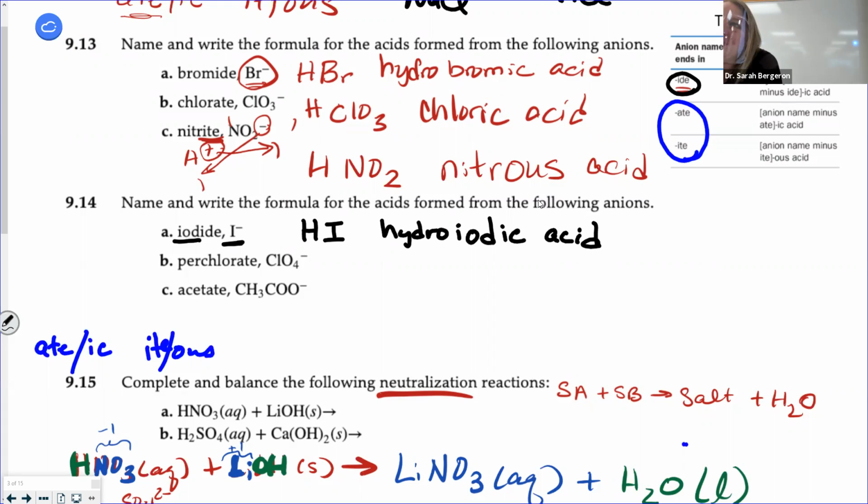All right, perchlorate. Am I going to find that on the periodic table? Oh no, so I got to go to my polyatomic ion table, right? In order to find it. So perchlorate, I'm always going to put it with hydrogen. How many hydrogens am I going to put my perchlorate ion with? It all depends on its charge. I want to make a neutral compound. So how many hydrogens do I need to make a neutral compound if hydrogen has a charge of +1? 1. So I'm going to put HClO4.